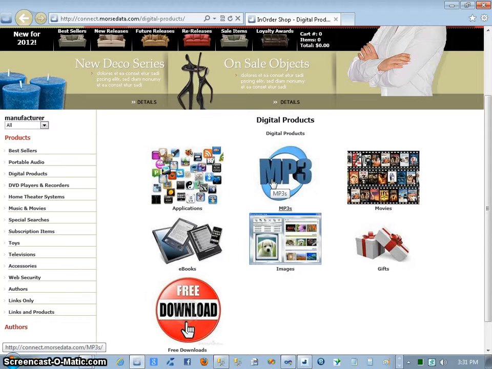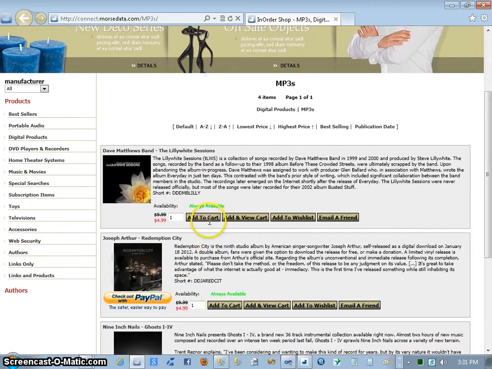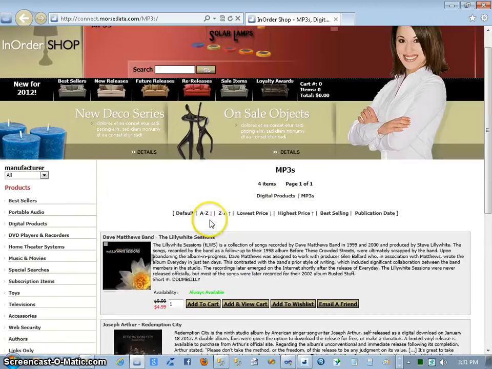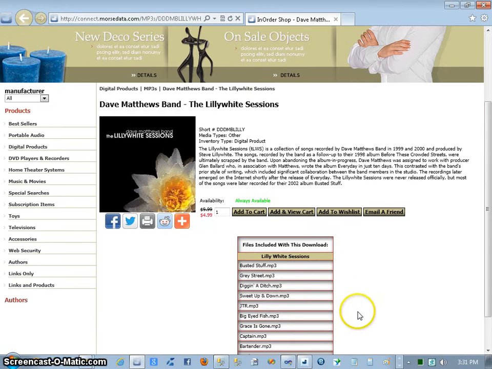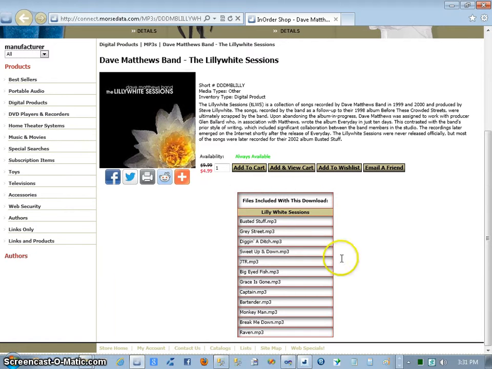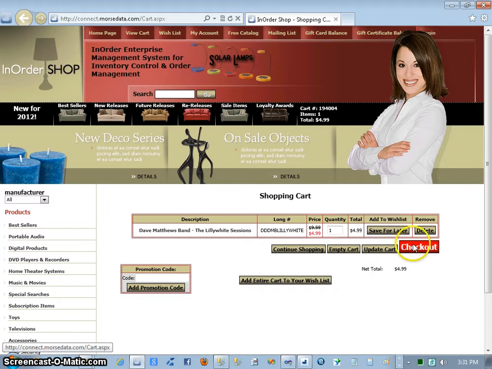And what do we do? We go to this website. So we're at our website. We have an MP3s hierarchy. We go there. We see we have a number of different albums available. For a standard album, where it's just an album with 10 or 12 songs, you see on the details page we have just a preview of the files that come with this download. So when we purchase this album